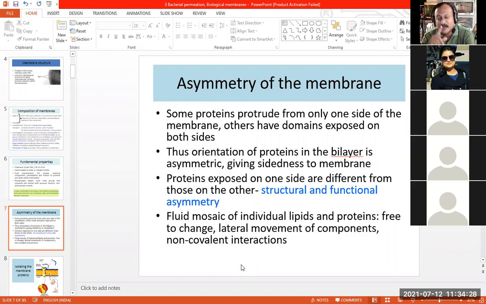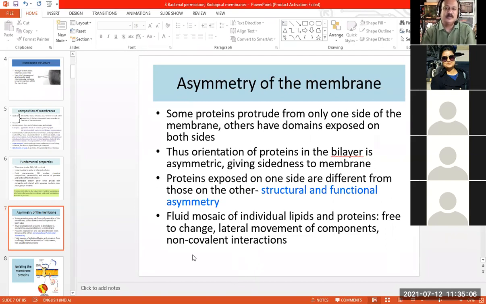In fact, you know that every polypeptide has two ends. One is the carboxyl end and the other is the amino end. For a particular protein, maybe the amino end is on the outside and the carboxyl end is on the inside. For some other protein, the amino end will be on the inside and carboxyl will be on the outside. That kind of asymmetry is always there, because the protein has a particular role to play, a particular function, and because of the asymmetrical arrangement of different proteins, even the function of different proteins in the membrane is different.